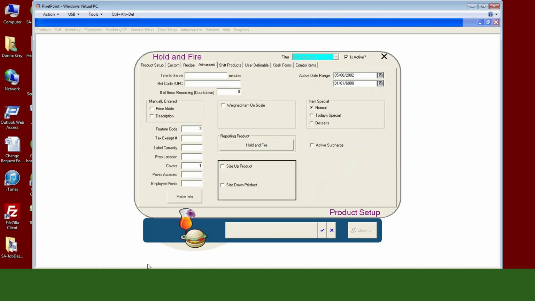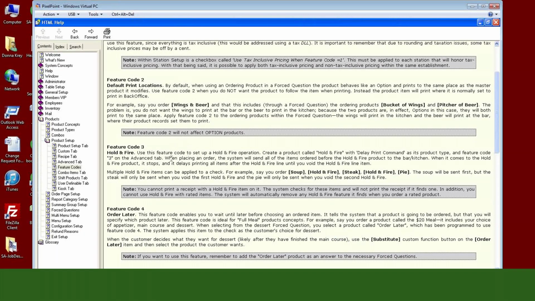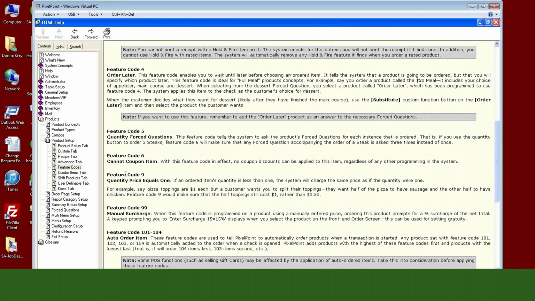So definitely go through the back office guide. It walks you through all of these things, like items that can never be couponed. You can actually set up an item, say a gift certificate, for places that still haven't quite gotten into gift cards yet, and they're selling paper gift certificates through the system. You're going to set up that paper gift certificate as an item, and then you can put feature code 6 in there, so no matter what they do, they can never apply a coupon